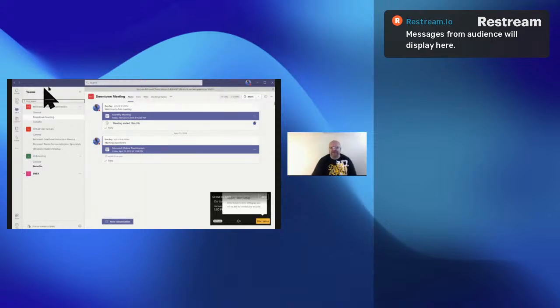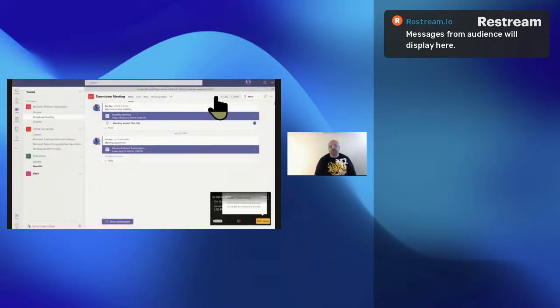The other thing I love about some of these keyboard shortcuts is how applicable they are to other applications, some of which I knew about and some of which I learned about. For instance, in the navigation area, the Control 1, 2, 3, 4, just marching down the left-hand side of your navigation pane within Teams, those same keyboard shortcuts work within Outlook. So if you're sitting in your inbox and you hit Control 2, guess where you are? You're in your calendar. It's just in a different position by default within Teams.